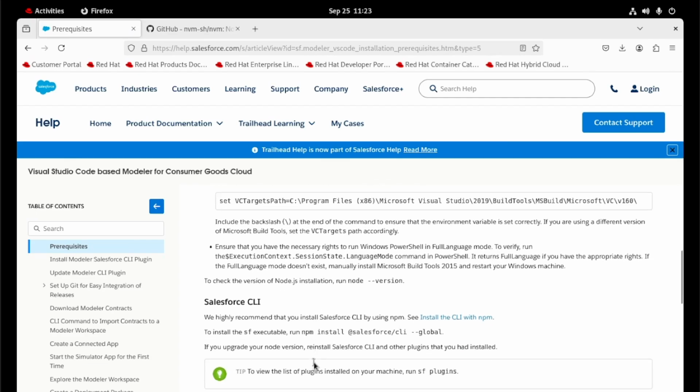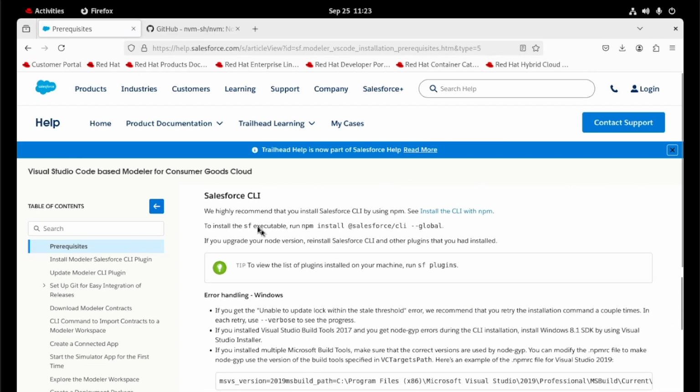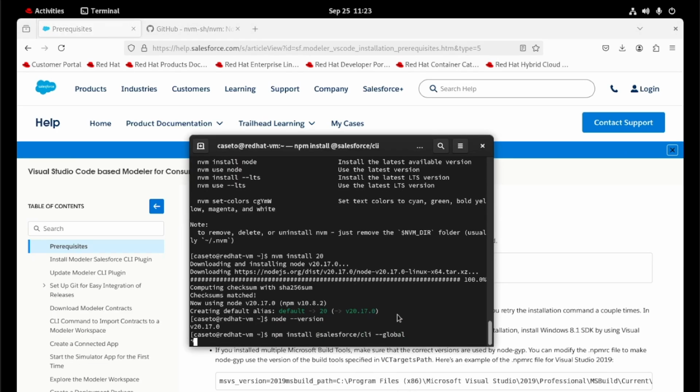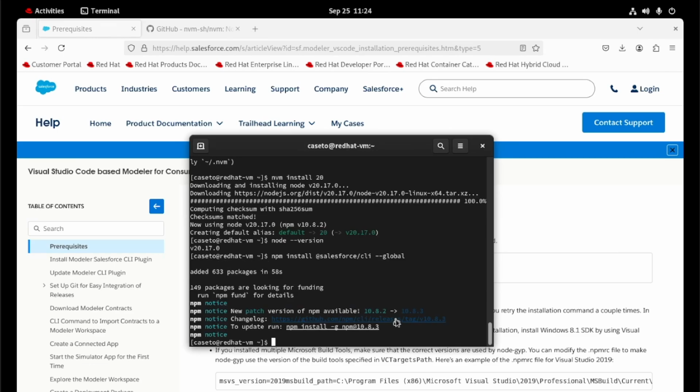And now we need to install the Salesforce CLI. I will get the command, copy and paste. Okay, the installation was finished.